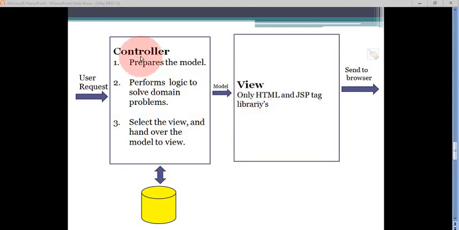In the next slide, or in the next tutorial, we will start with Spring MVC. Now I want to show you one more slide, showing the benefit of using Spring MVC.